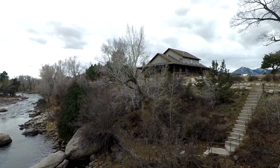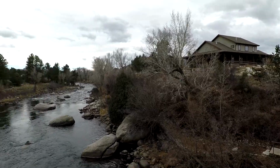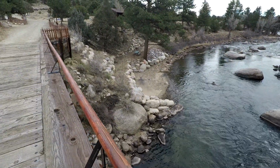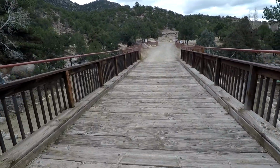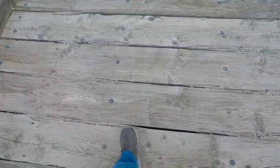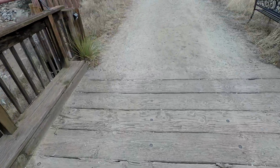And then look, there's a really nice cabin right there. And down here by the river there's a picnic table. So here we'll walk on across to get the full effect of the bridge. Let me show you. You can actually see through the cracks on this. And then see up here,